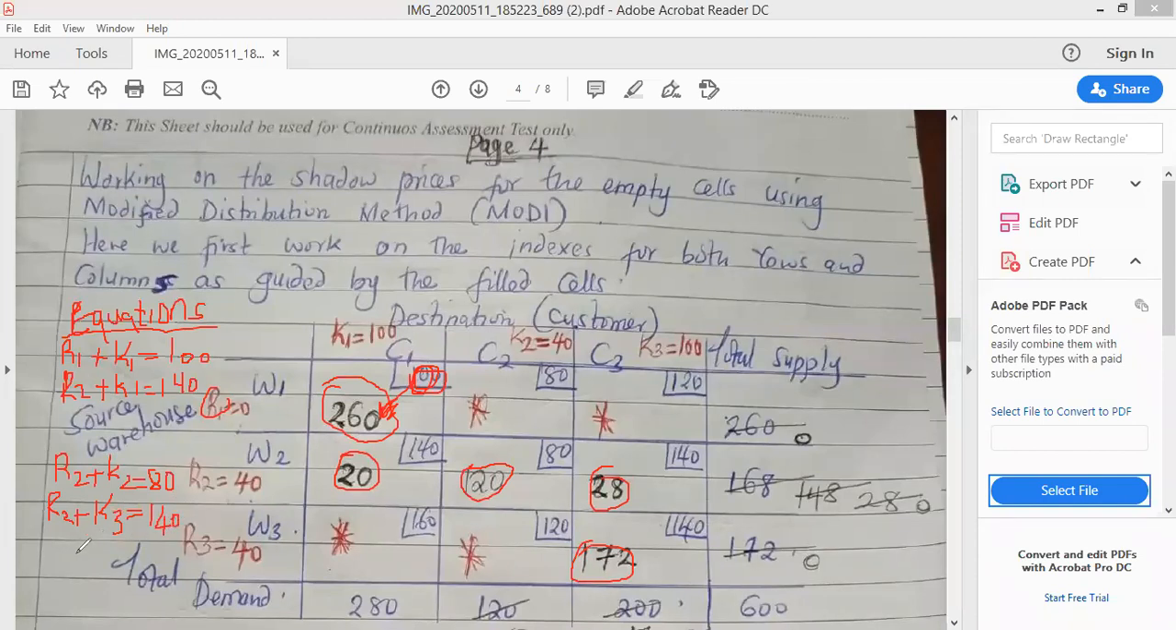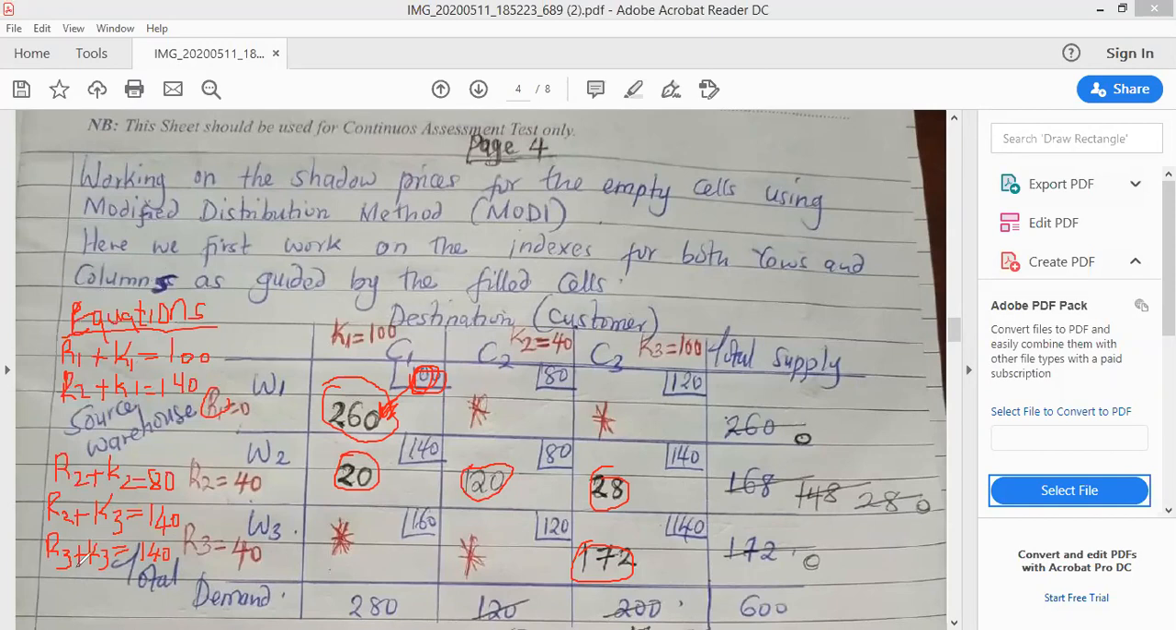And lastly, we have this cell whose amount of 172 is already filled. We can form an equation: R3, the index for row 3, plus K3, the index for column 3, giving us an amount of what? 140. So once you have formed those equations, which I'm hoping you're writing down somewhere, you come and you